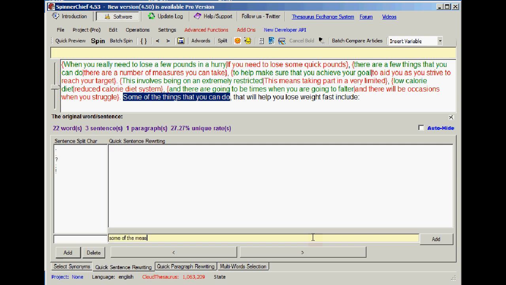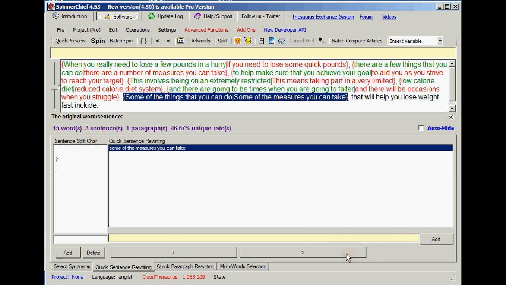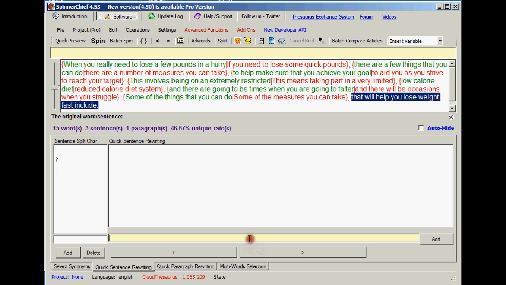Some of the measures you can take, add, next phrase, click. That will help you lose weight fast. Include, aid your effort. That will aid your efforts to